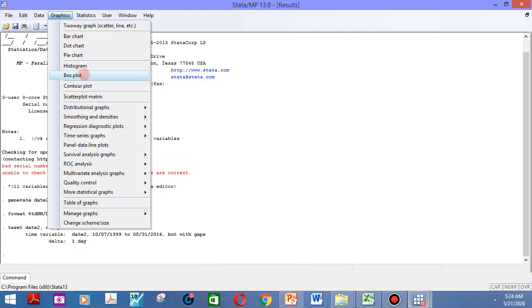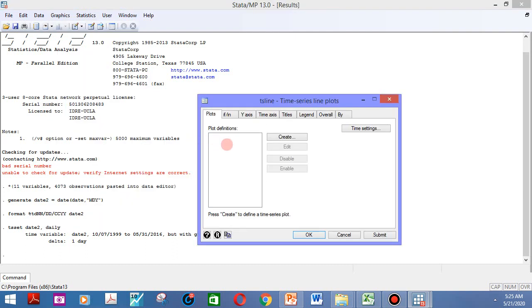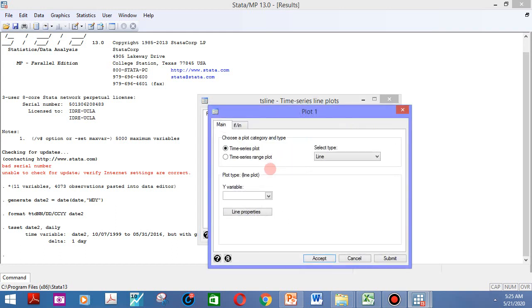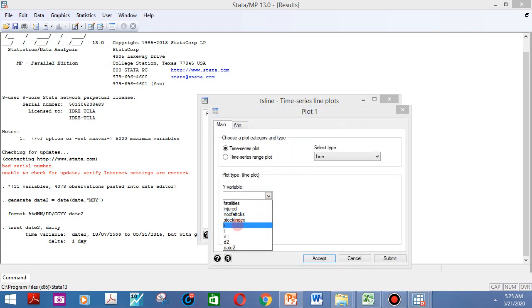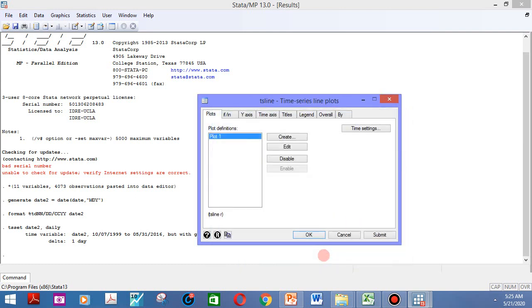First we take the graph, again click on time series graph, line graph, create. Along the vertical axis we take the stock returns, along the horizontal axis we take the time period, then accept, then okay.